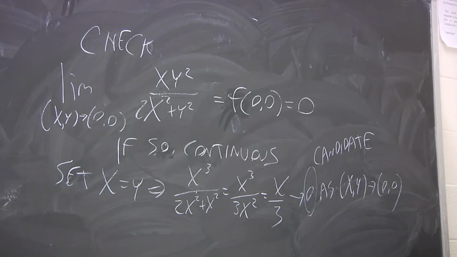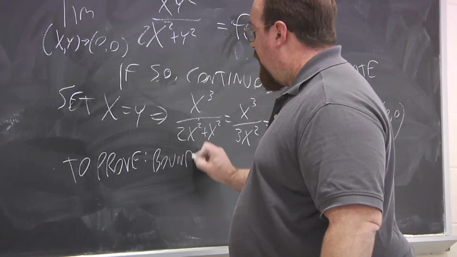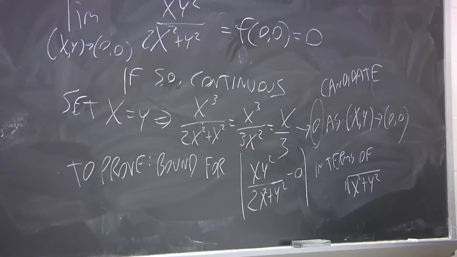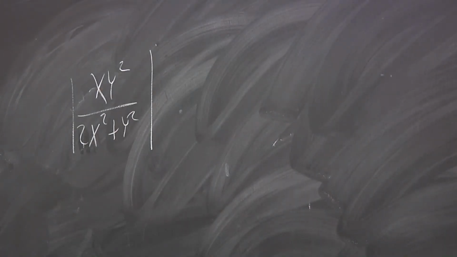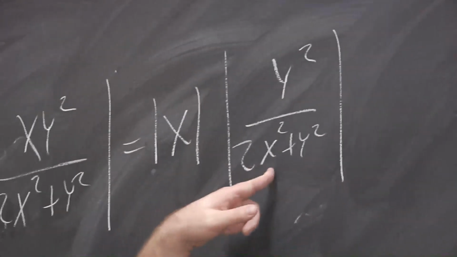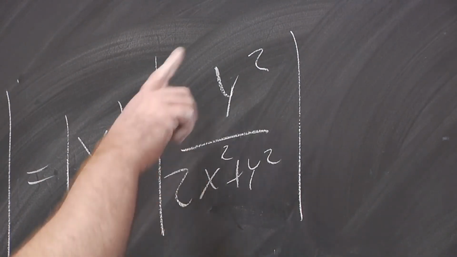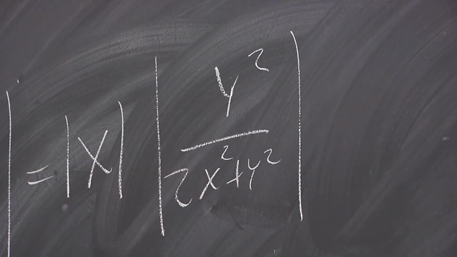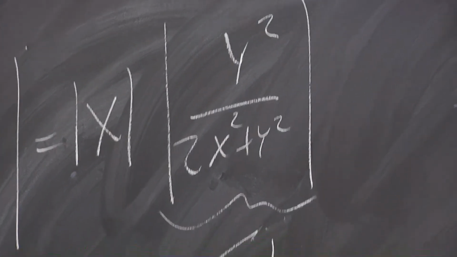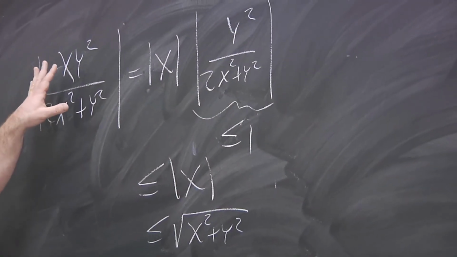It appears to be going to 0, but then you have to use the delta-epsilon definition once again to prove it, and that means, following a similar approach to what we did last time, we need to find an upper bound for this in terms of the square root of x squared plus y squared. So now this is what we're going to be working with. Let's break this up a little bit, pull out absolute value of x, and then we have everything else here. Now let's take a look at that. What is the largest that this can possibly be? 1. So when y is 0, this thing is equal to 1. Otherwise, the 2x squared is going to make a positive contribution. It'll make the denominator larger. So this is less than or equal to 1. So this whole thing is less than or equal to absolute value of x, which in turn is less than or equal to the square root of x squared plus y squared. If the difference in y values is